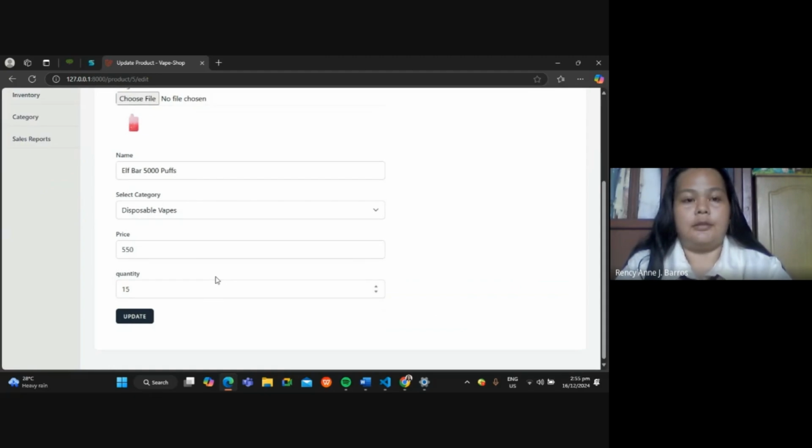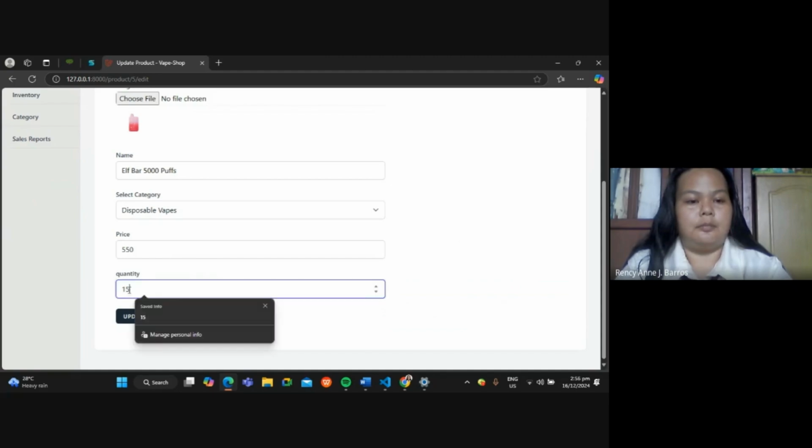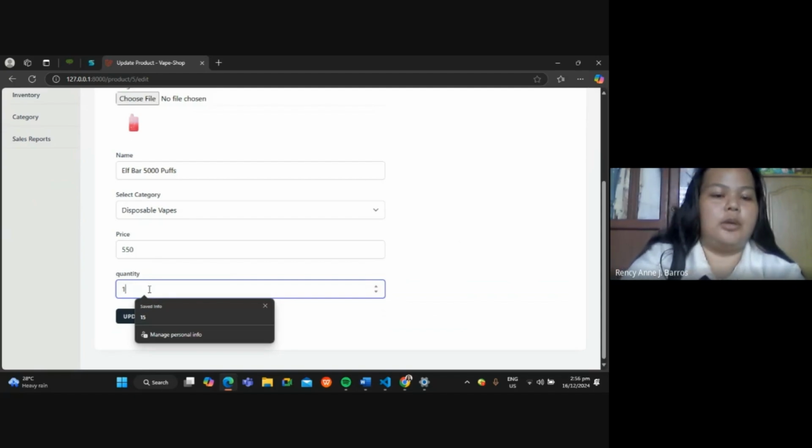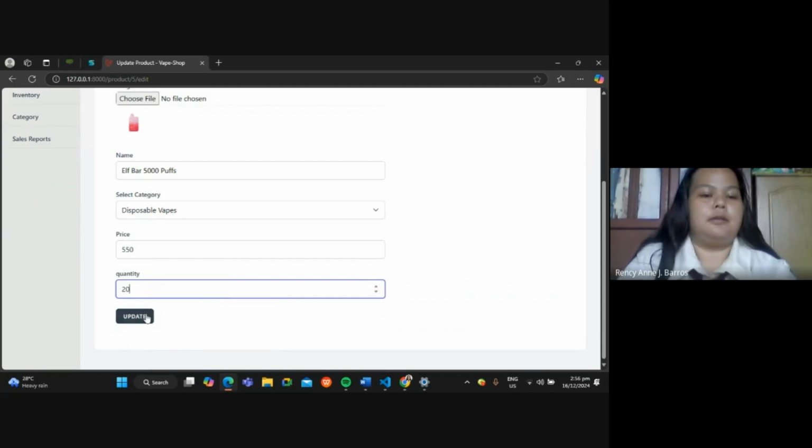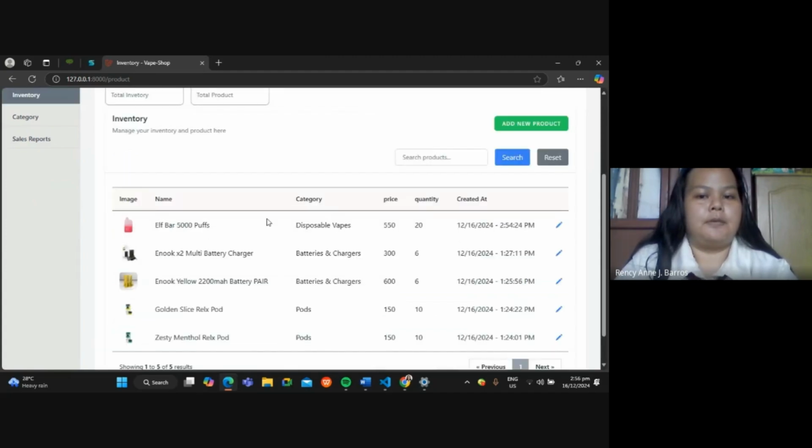Modify the desired details such as quantity and confirm the changes in the product table. So let us do this, 20. Update. So the quantity of the Elf Bar now is 20.